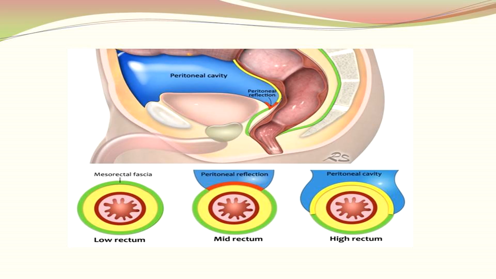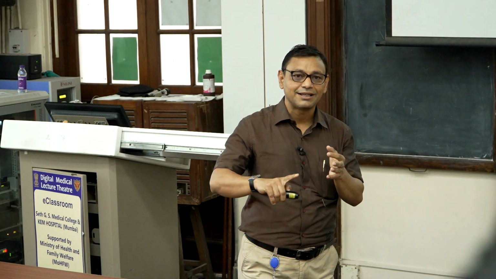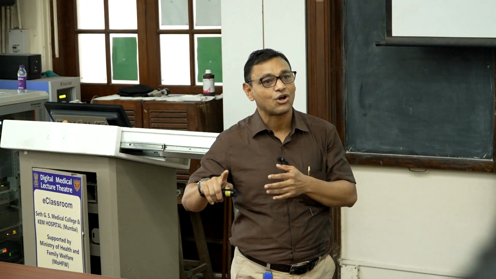Same picture depicting the upper rectum, the middle rectum and the lower rectum. Now what is Tis? Tis is carcinoma in situ. We'll come back again to CA rectum. Carcinoma in situ is basically involvement of mucosa. It doesn't have that potential to invade the lining of muscularis mucosae. That's why it has not gone beyond mucosae. That's why it is non-invasive, also called carcinoma in situ. Anything which goes beyond this layer becomes an invasive carcinoma. So T1 is